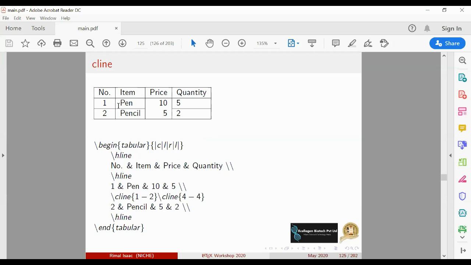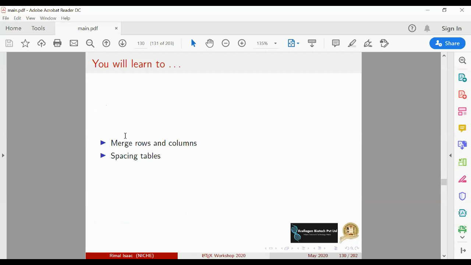Okay, this happens because of the alignment problem. In Word you can do the center align. So here also one command is there, the arraystretch command. If you put that, the space above and below will be uniform in the table. Okay, those things you will see now. So we will see about spacing in the table and merging rows and columns.